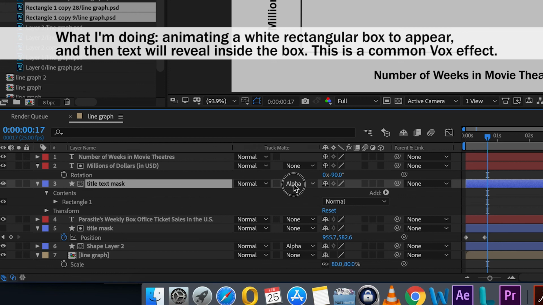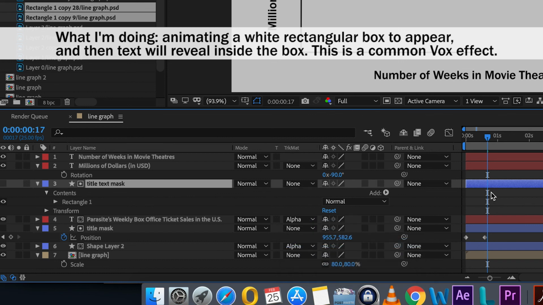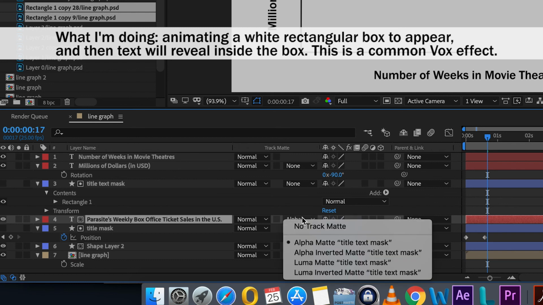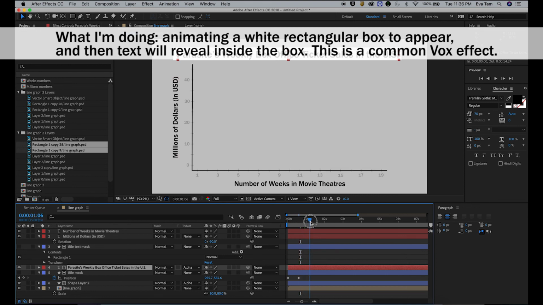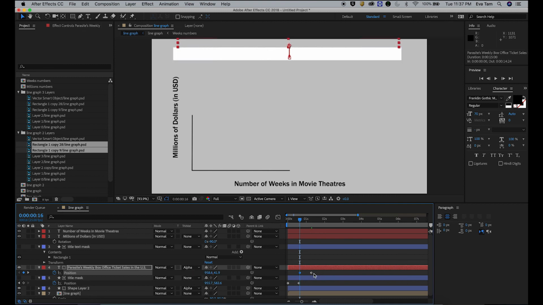And then I set the alpha to be alpha matte title mask, and then this can go down at the same time. So position again, keyframe here, move back, move this up, so it can look like something like this.